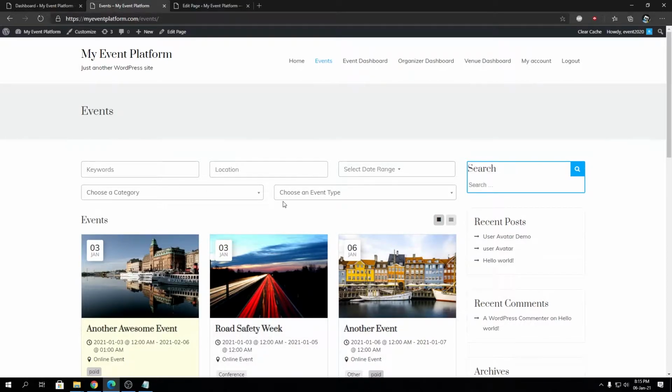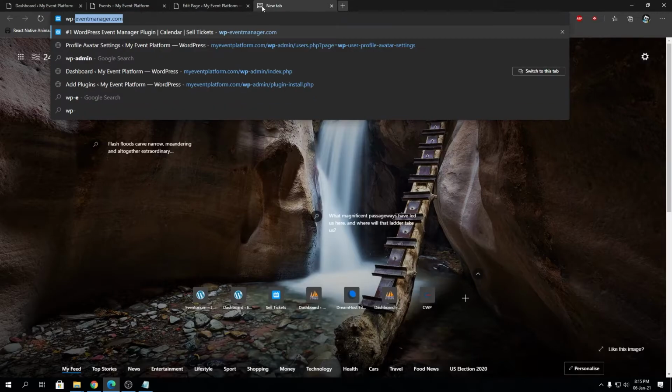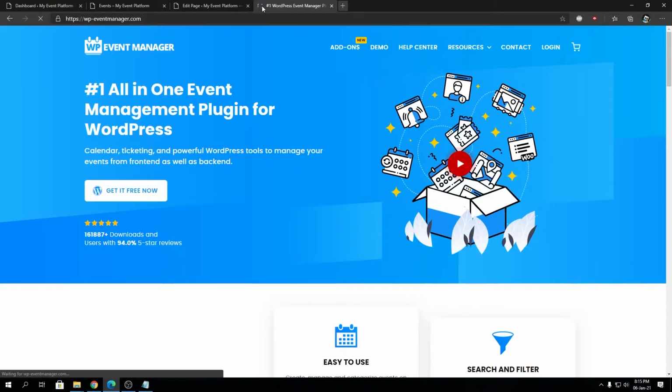Okay, so I'm going to talk about the event listing shortcode attributes, but not demonstrate them in this video. Instead, I'm going to explain them to you one by one, but we will have a detailed video about each attribute and their demonstration. All right, so for that, let's open our knowledge base. We can go one by one through the knowledge base and you will have a better idea about what I'm talking about.